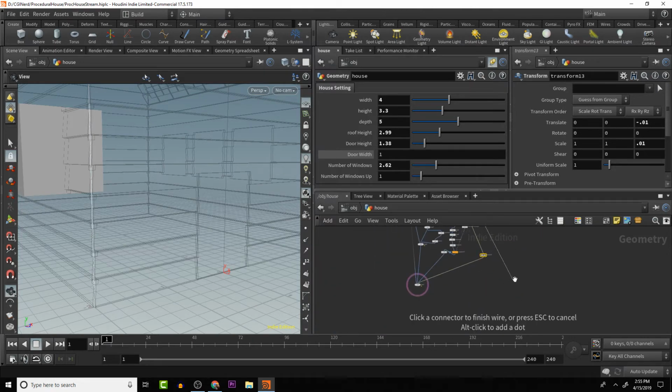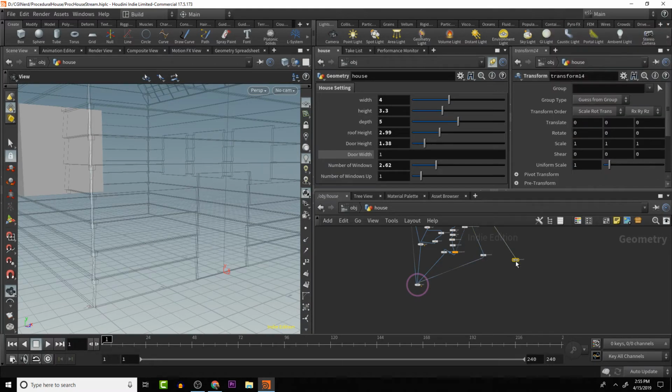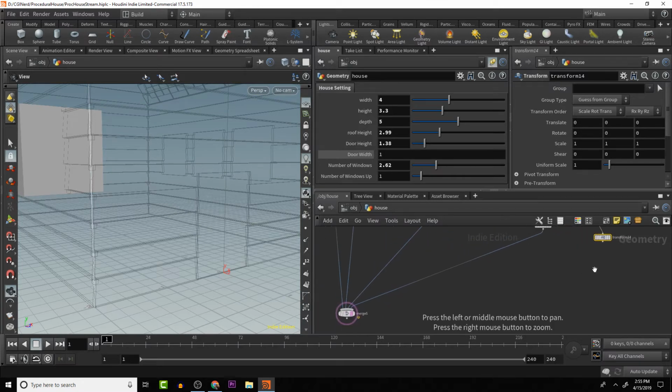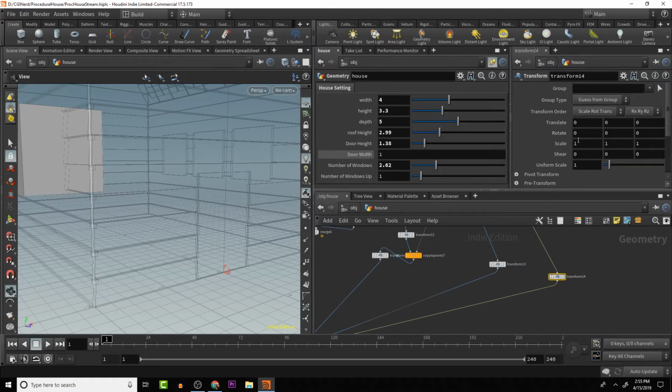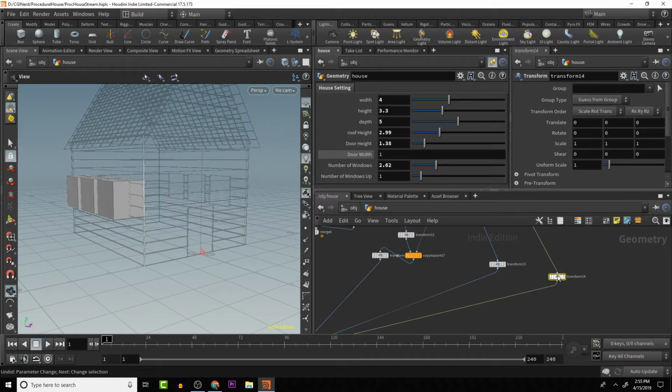So I'm going to go down here, create a transform. Actually, on this one, if we do the transform the way I was thinking, we scale it, it's actually not going to work for us, because the door worked because we were at the origin. But I'll show you guys really quick that it won't work doing it the same way, because you can see that it's going to shift it because of the pivot. We can actually tell it that the pivot is in a different place and things like that. But